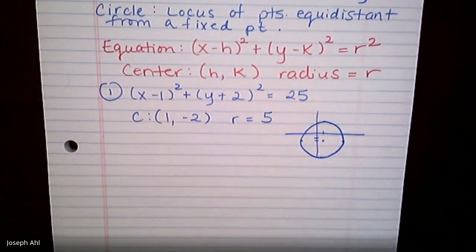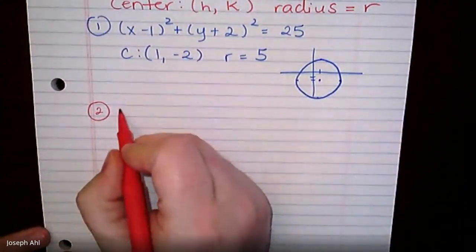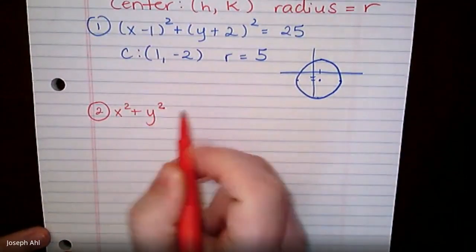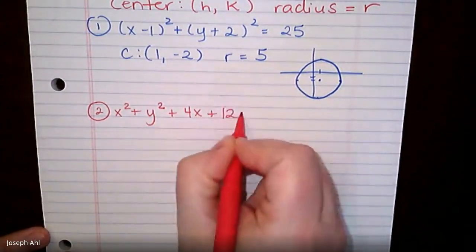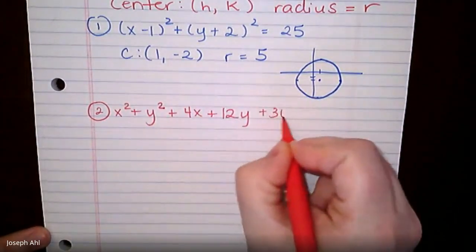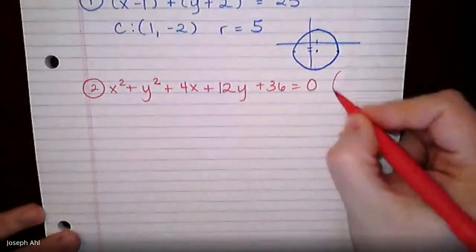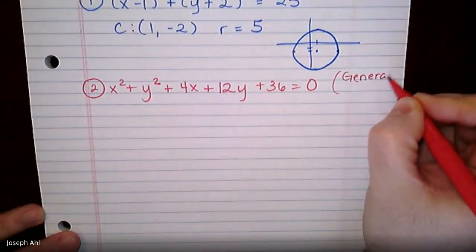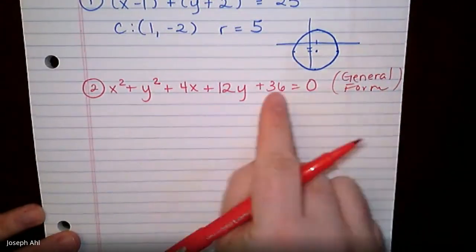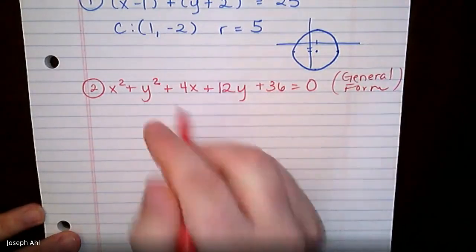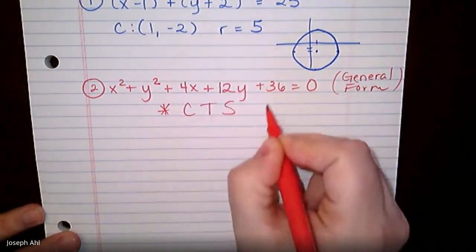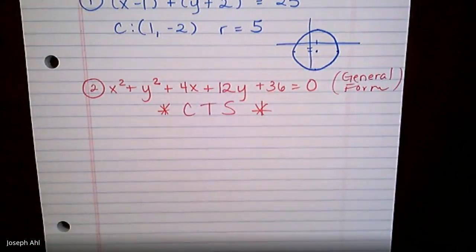So let's jump right into the main point of this unit, which is taking something like x squared plus y squared plus 4x plus 12y plus 36 equals 0, and also being able to sketch something like that. This is more of a general form of a circle. And the way we're going to convert from general form to standard form is by the good old process of CTS. We haven't done CTS in a while, but I'm hoping you remember that CTS stands for complete the